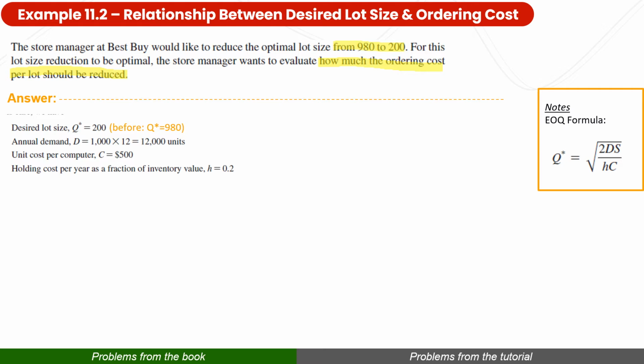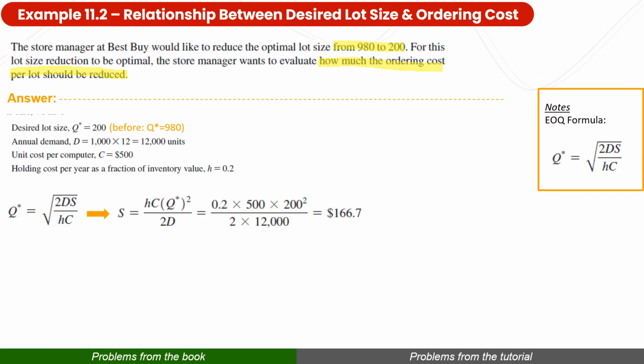So from the EOQ formula we can move the S, that is the ordering cost, to the left side, and we got this formula, and just input the numbers here, that is 0.2 times 500 times 200 squared divided by 2 times 12,000, and we got